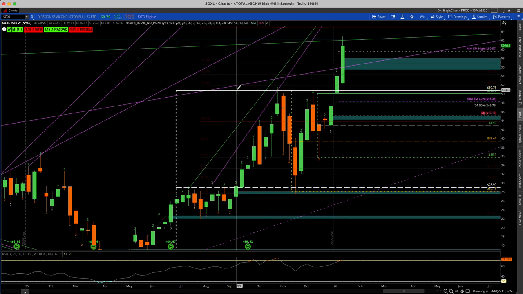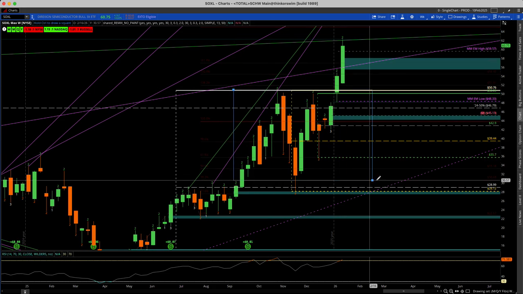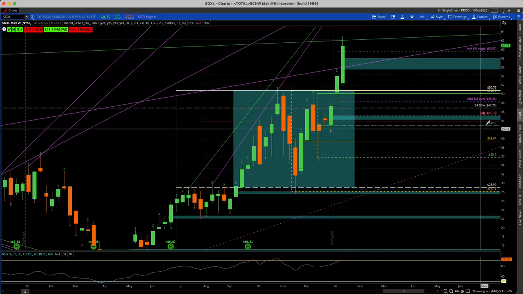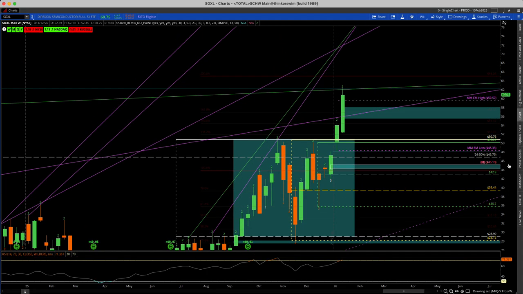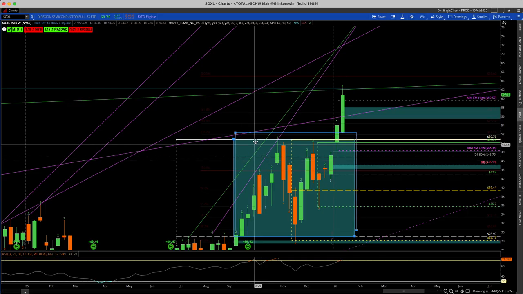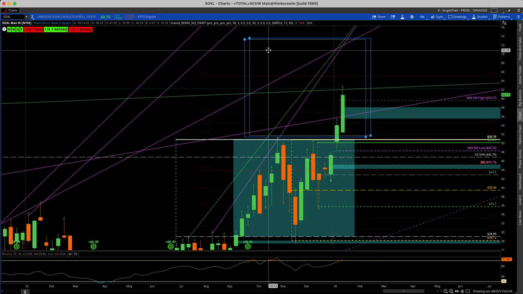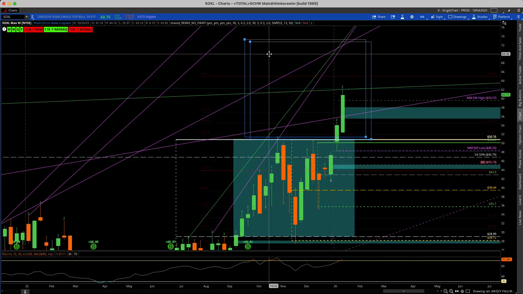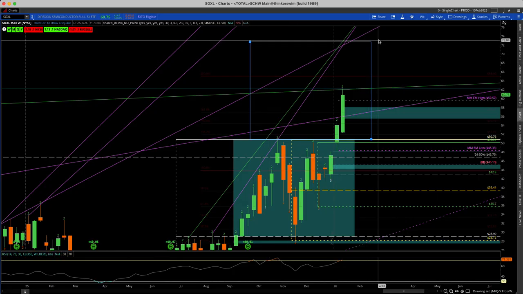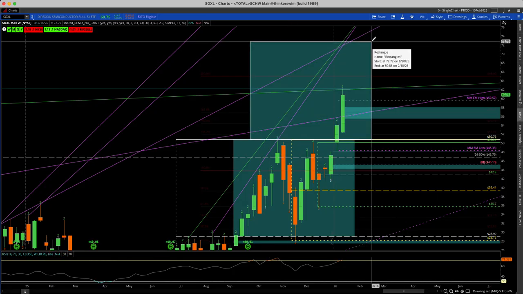Here is the range that we were in for about 3 or 4 months, right? And they say, once you break out of range, then you look to double the range, right? So if we take this, duplicate it, so it's the same price range, yeah. If we go to the upside, then technically we should get up here to this $72, $73 level